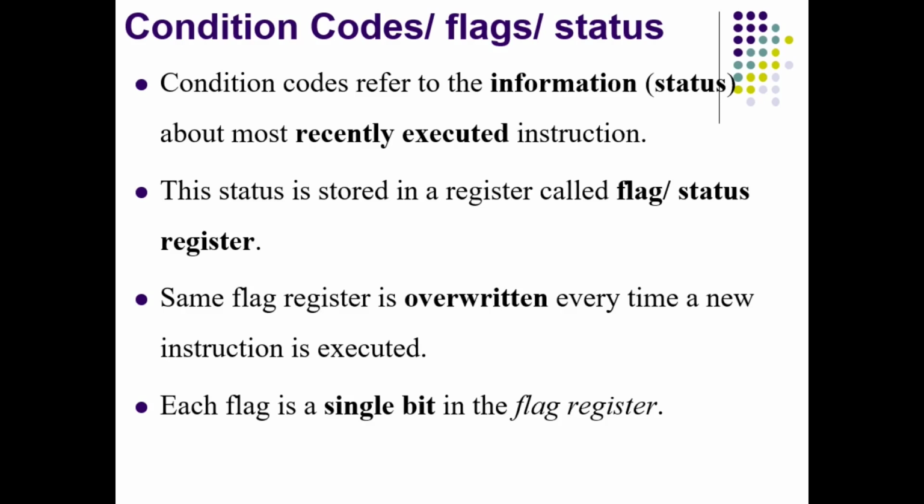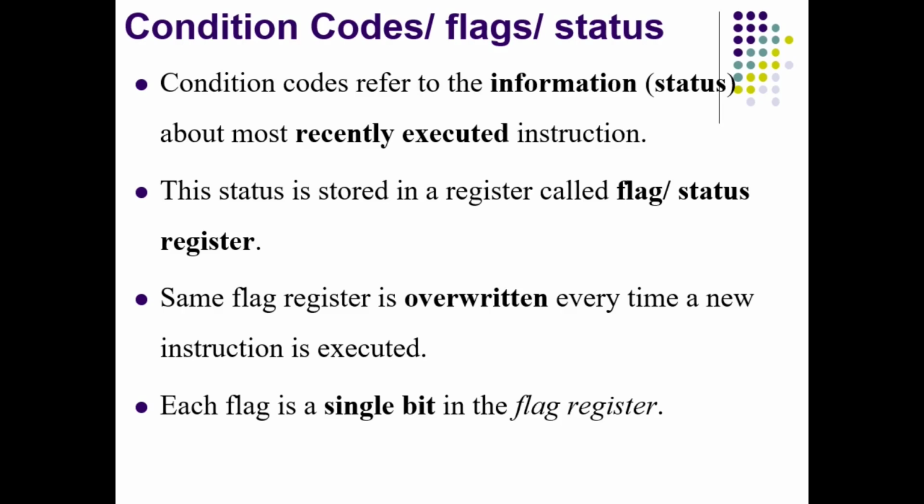For example, if the processor performs an addition operation, the instruction executed recently is the add instruction and the result is 0. We are adding two numbers and the result is 0. Then that is the status of the instruction. If while adding two numbers the final result is negative, that is one more status. So there is different status or information regarding the result obtained after execution of every instruction. Such status is stored in flags.